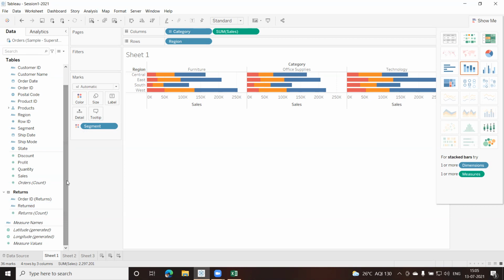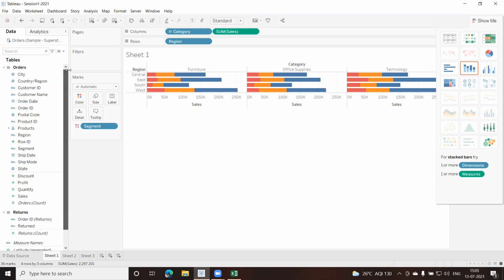Basically, when you get connected to a particular table, along with that, there are some extra fields that get generated in Tableau. You might have noticed that. So these are some of them. Plus, you also have some generated fields like latitude and longitude. Now, what are these fields? These are fields based on your columns like region. Then you have this postal code. The region value or the country is there somewhere. We have the country.